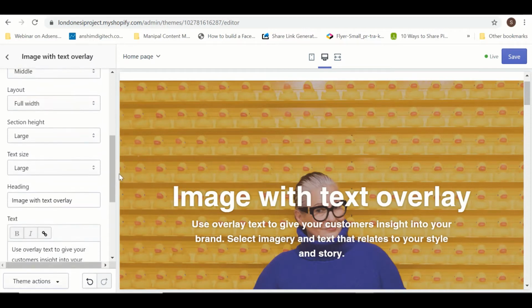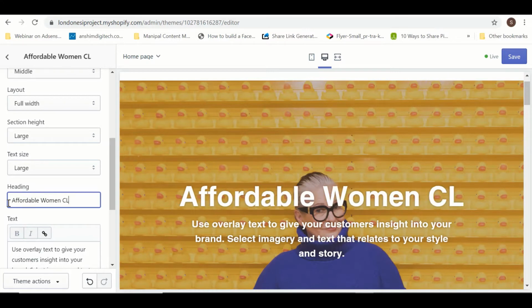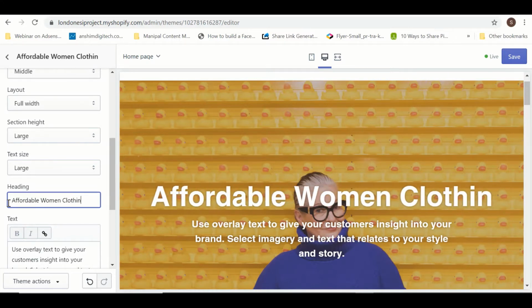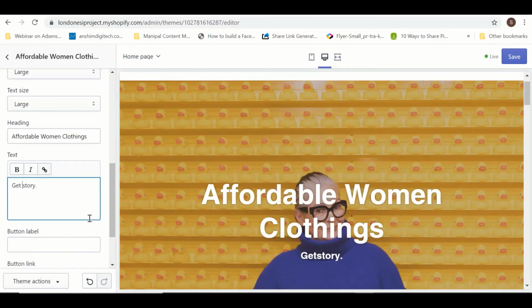So this is the text which is right now coming. You can say affordable women clothings, get best designs and good varieties for all age, right?